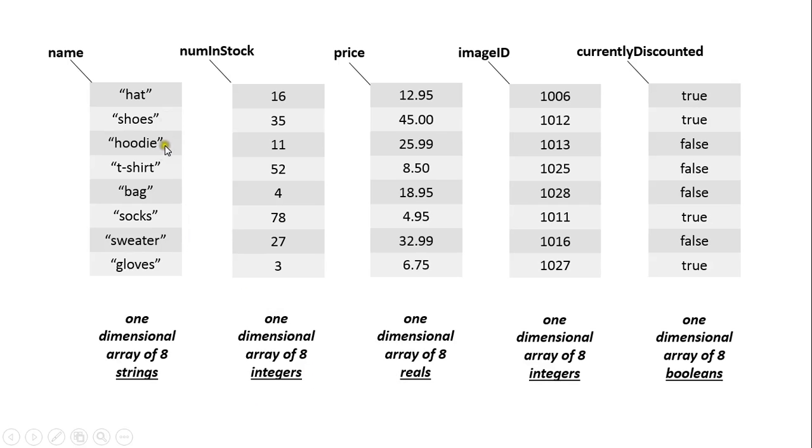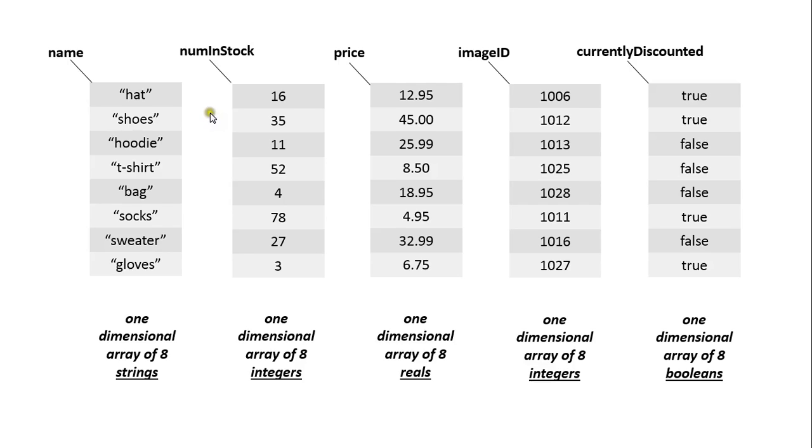In main memory, these would just be stored one after the other, followed by the number in stock, followed by the price, and so on and so forth. So this way of arranging the data in these data structures is purely for the programmer to be able to imagine or conceptualize how the data relates to each other. Now, this isn't particularly useful because all these pieces of data are connected together, but they're sitting in their own individual data structures. And there are lots of reasons why this isn't a particularly good arrangement, but perhaps the most